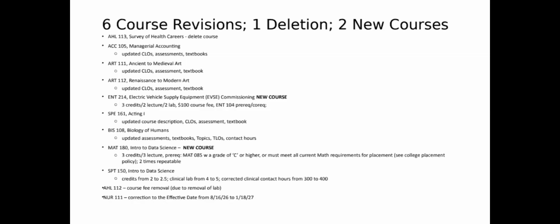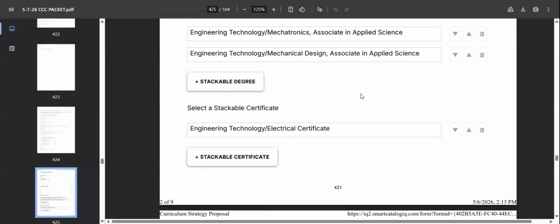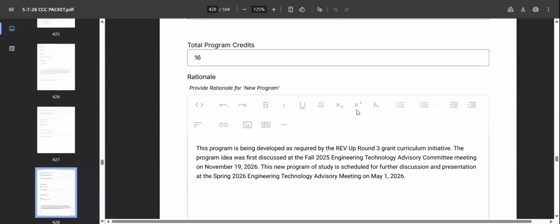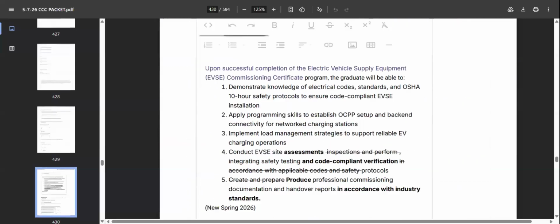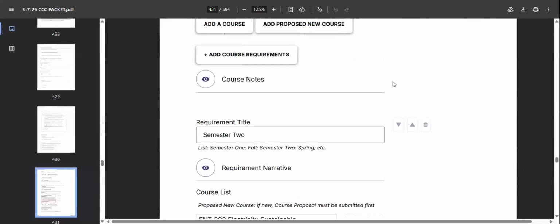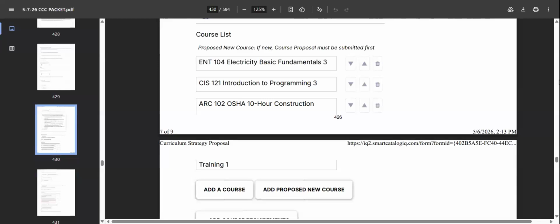But they can build upon getting the electrical certificate, then the EV charging and install certificate, and then continue on to get the commissioning certificate. But they can actually get all 3 of those without having to get one of the other ones. So it's a build upon and a separate, which makes it nice because it doesn't hold them up from getting either one of the certificates that stack into the other one.